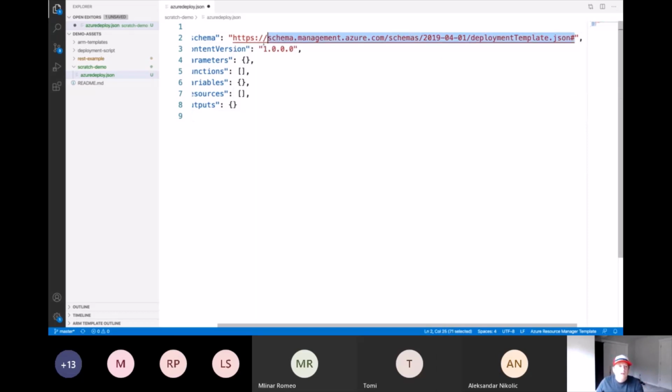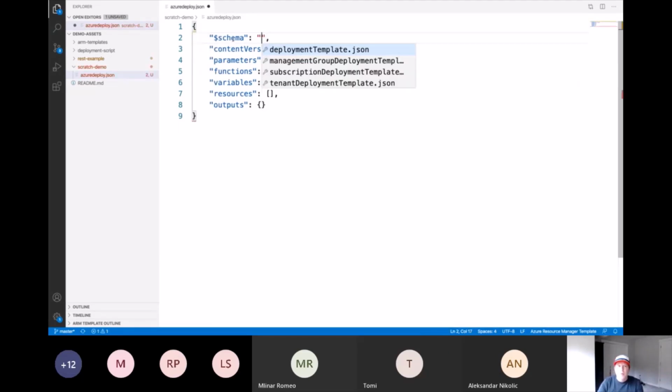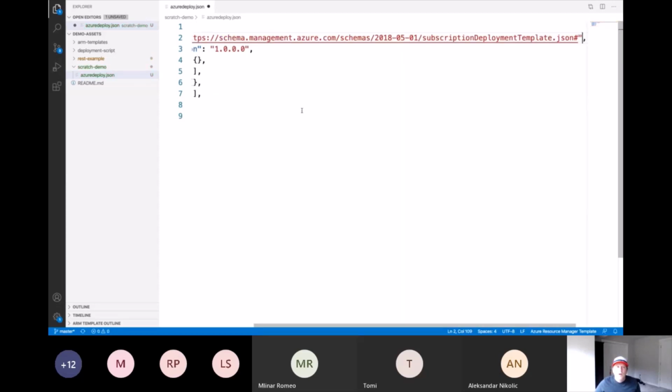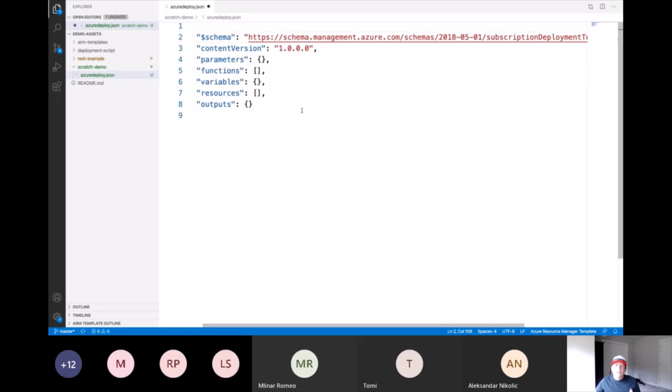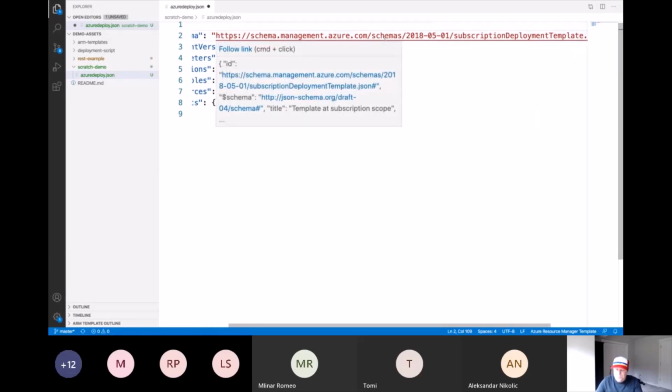In fact, if I was to take this out of here, delete that, I'm going to hit Control Space on my keyboard, and you can see all of the different scopes that we can deploy to. So I can actually click subscription. And what these schemas hold, I was actually going to show them, but for the sake of time, I'm not going to. But if you were to go to this URL and look at this